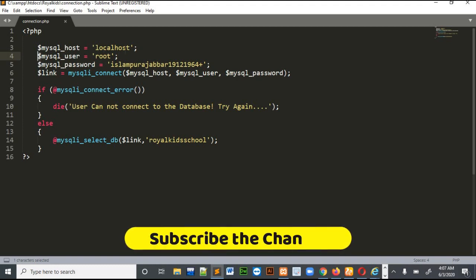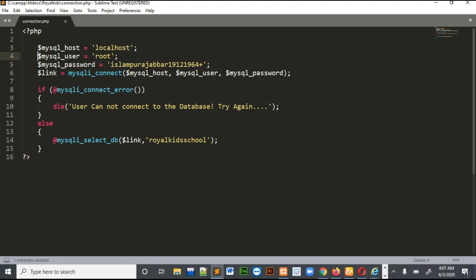As I am using the local host, the host variable will always be localhost. Then there is the username, and I didn't change it because root is the default username for a local server, so I had just kept it the same.